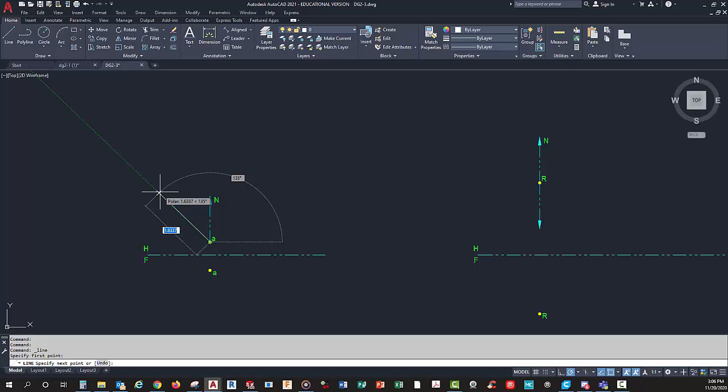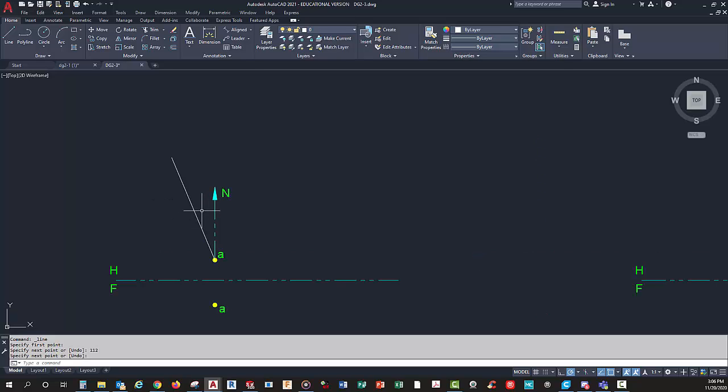So what I'm going to do is I'm actually going to hit my tab key. Now there's a lot of ways you can draw lines. I'm not going to tell you how to draw lines. You can use the @ symbol, whatever. I'm just going to hit tab, and I'm going to go over there. I'm going to hit 112. Alright, so if I did my job correctly, now you'll notice that I wasn't worried how long this line is,